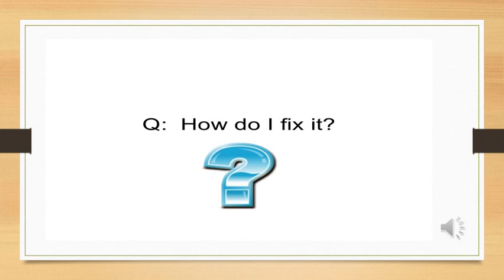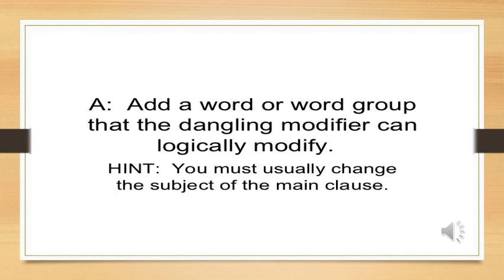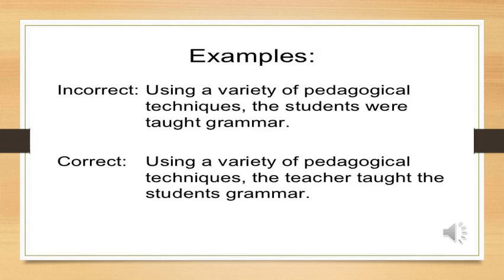Let's move to fix the previous examples. To fix the previous examples, we must add a word that the dangling modifier can logically modify. So we can change the subject of the main clause. Examples: